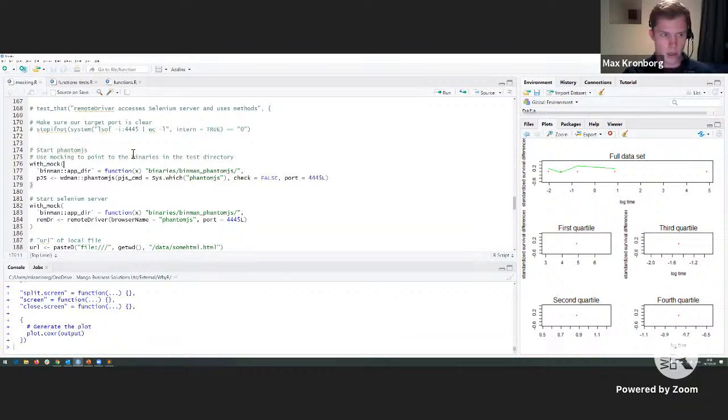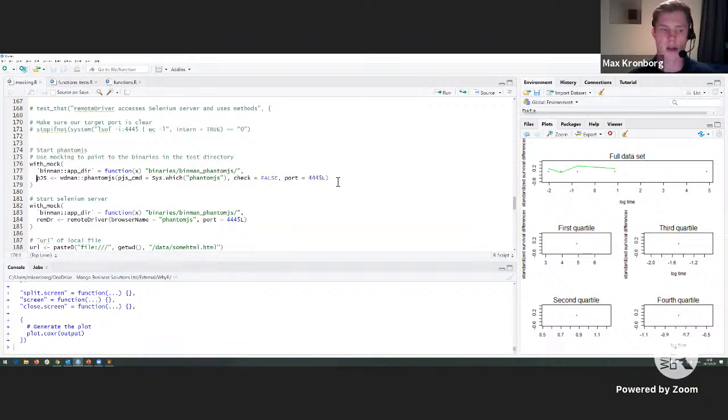So here we're using with mock, and we basically found out where in the code it tries to look up where these files are that we don't want it to look for and where we want to redirect the code. So this is called, it's a package called binman, and it's the app directory function. So we just apply it with a string here, which is the file path to where we've placed the files. And then we run the line that we normally run.